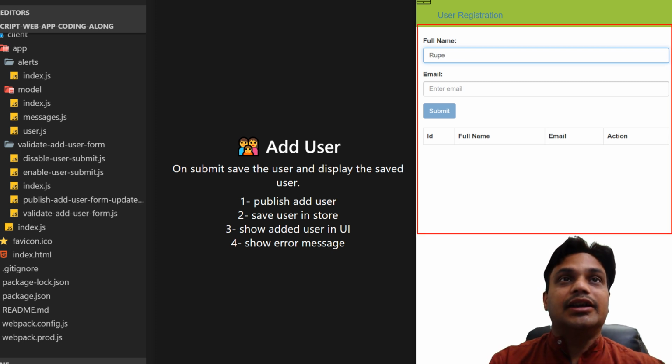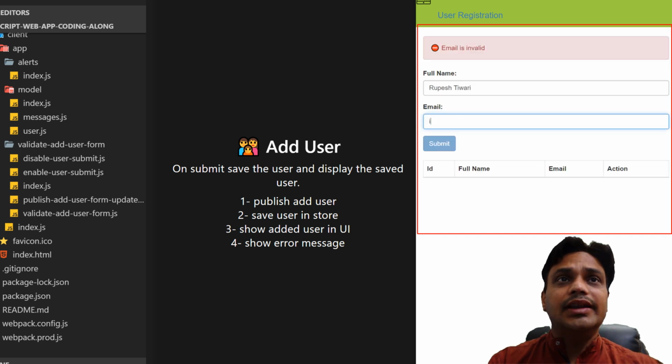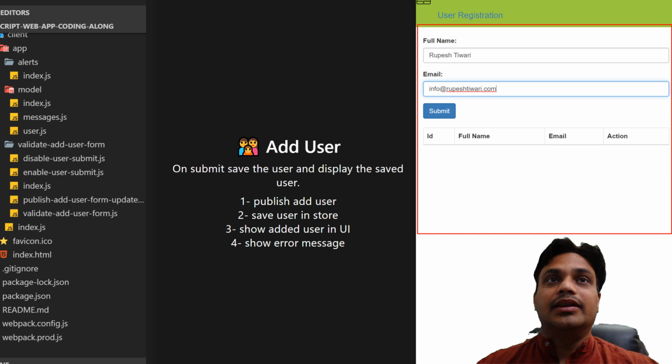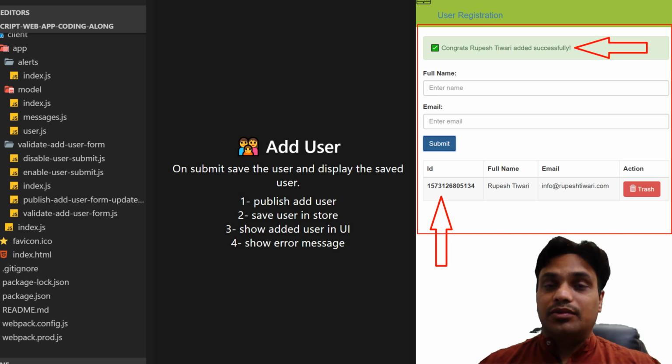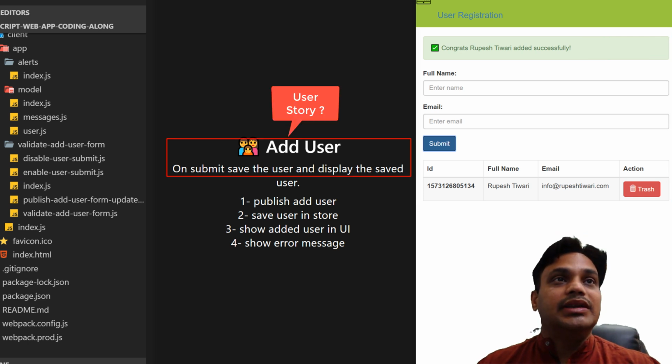So here I can type my name, then I will type the email ID. After that, if I submit, it is going to show that user in the UI like this. And then it will also display the message. So we are going to build this entire use case now. This user story is called the add user story. The definition is: on submit of the user form, we are going to save the user and display the user in the